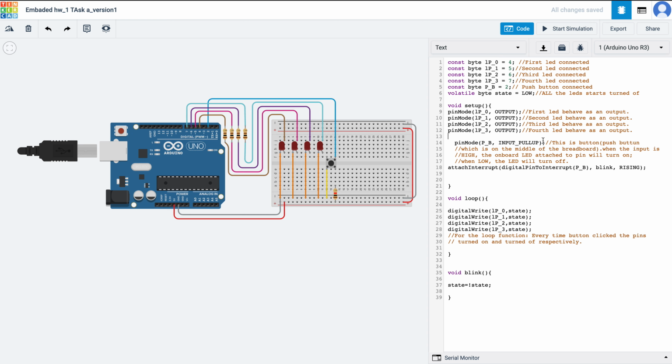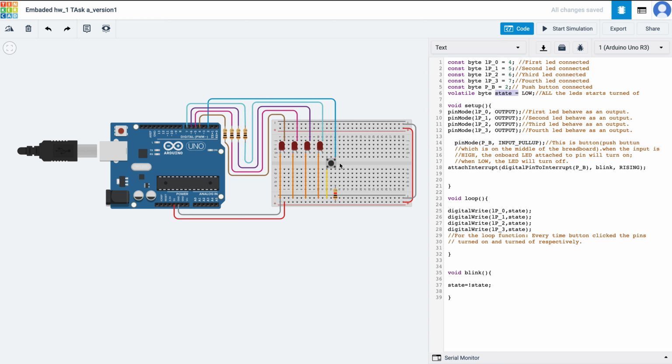So there is our push button function, input pull up, and the push button is almost in the middle of our breadboard. So let's talk a bit about our loop. What does that loop mean? As you can see, our LED pins are assigned here, attached here, and we have state here. What does that mean? It means that it actually looks for our click after we start the simulation. Why click? Because this state